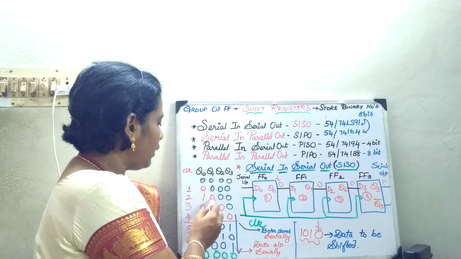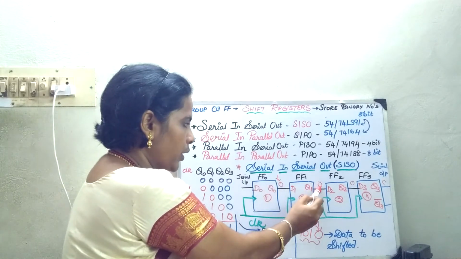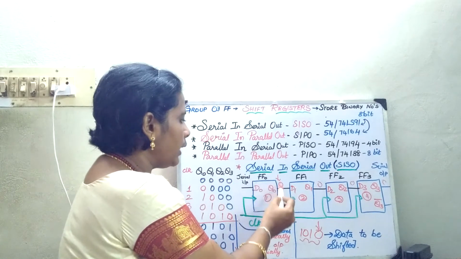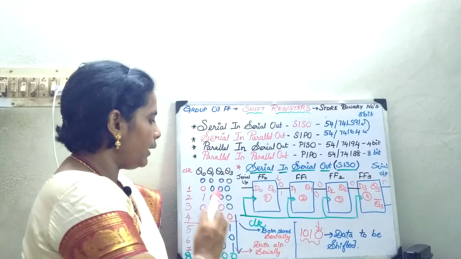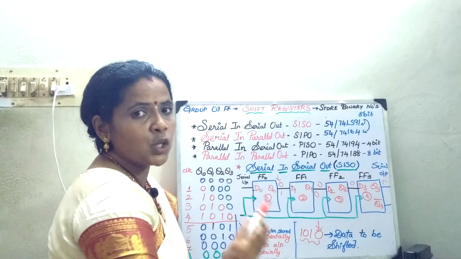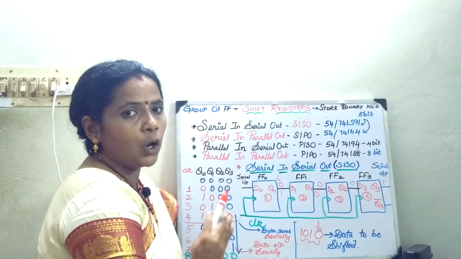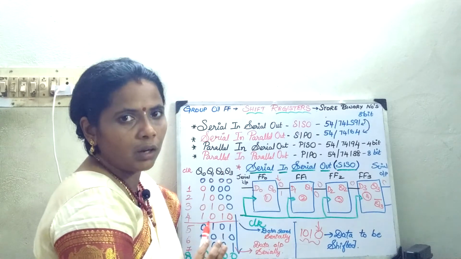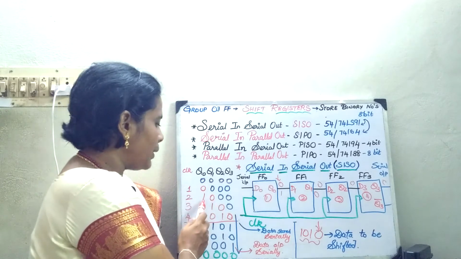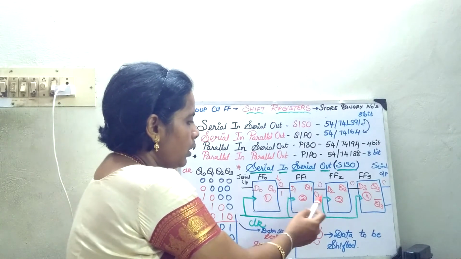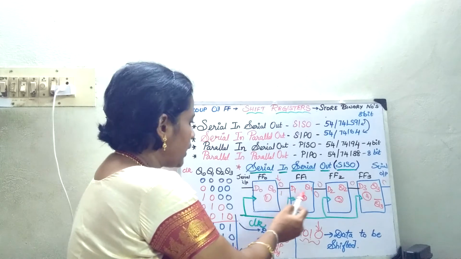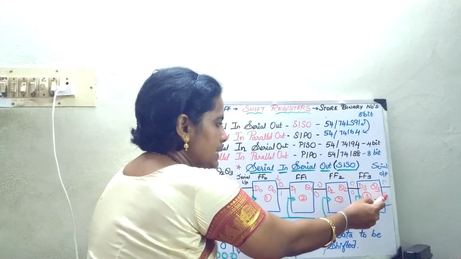The next data will peep in. This 0 will be transferred here and this 1 will come here. It will become 1 here, 0 here. Why is the data directed generally? Because you are using a D flip-flop, where the output follows the input. So, in the second clock pulse, the second data has been entered inside. So it will become first this value, that is 10, and the other two values will remain as they are.